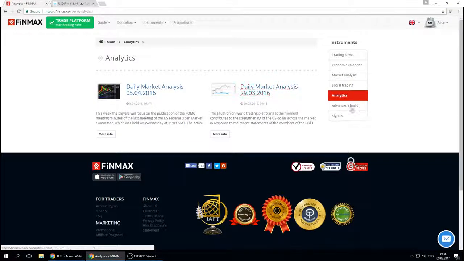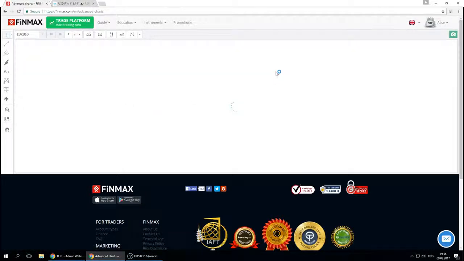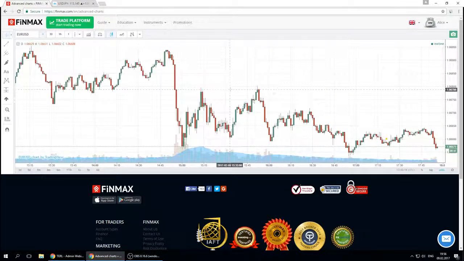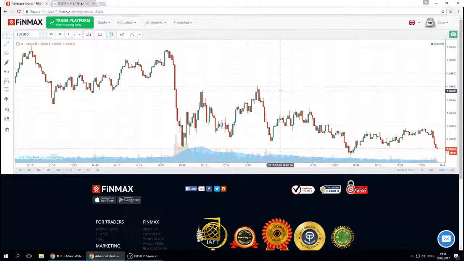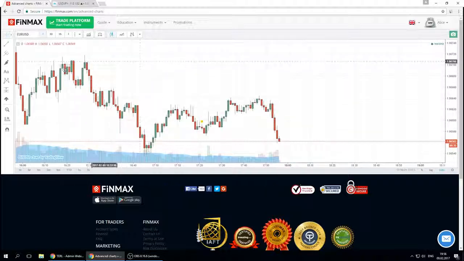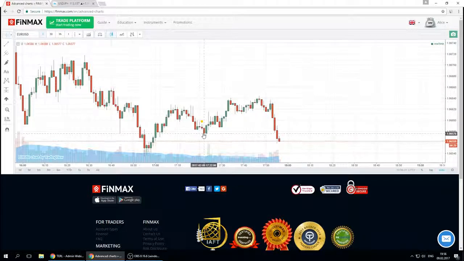Market analysis, social trading, information about social trading, about social radar analysis, advanced chart. Okay, let's pay more attention to the advanced charts, because that's really important for us. Advanced charts let you analyze the market in more detail using more indicators. Let's see, here we have the chart for Euro USD, 1 minute time frame. 1 minute means that each candle, this is called candles, on the market shows the changes in price for 1